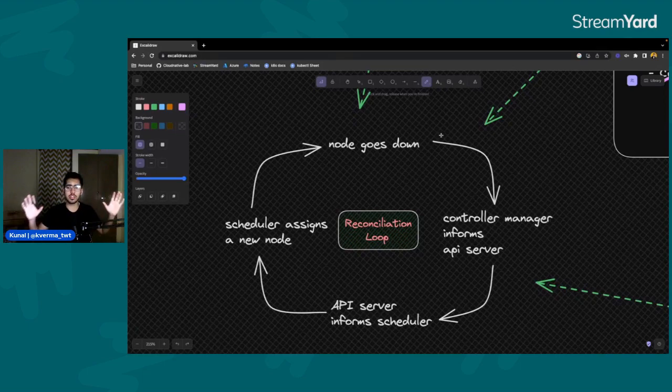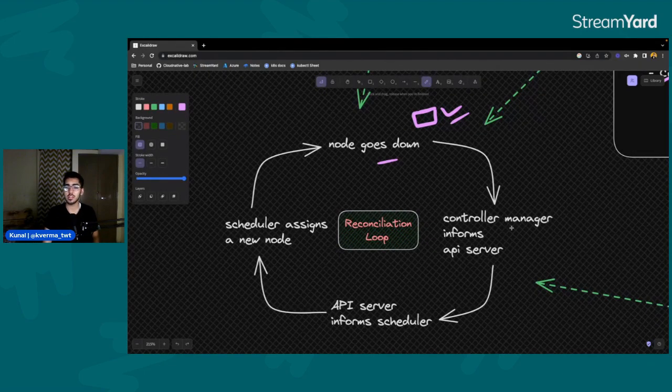Let us assume a situation, right, that a particular node is down. The worker node, which has your application in it, which we'll look into a little bit shortly, that node goes down, okay, and your particular application is just laying as it is. Once the node goes down, the machine is down, the application would be just as it is. It will not be running, the application will fail to run, okay. Note this thing. The node goes down, what happens then?